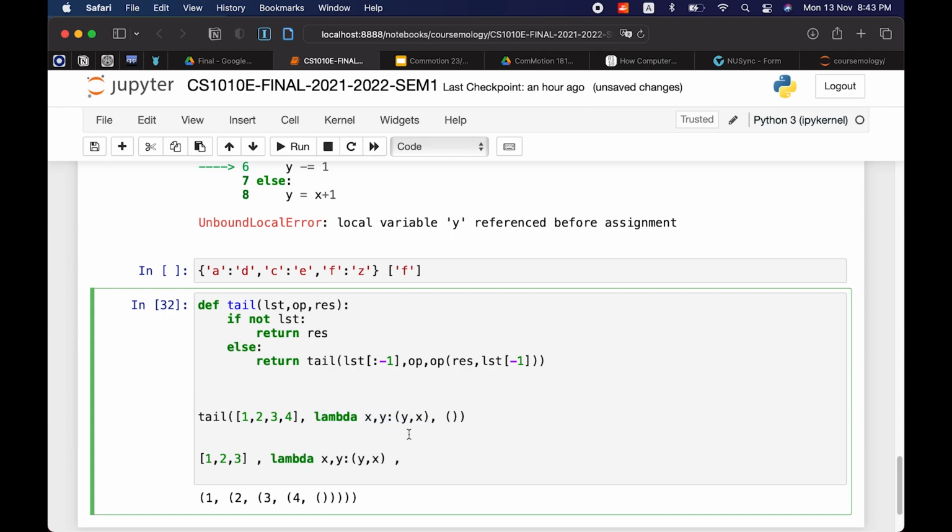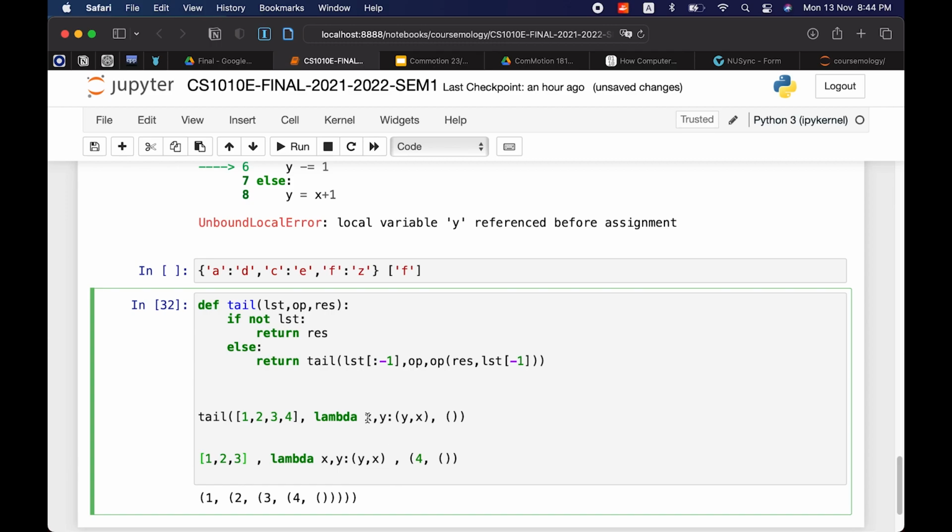Then in the next iteration, remember we had res and 4 here, but it switched. So now it's 4 and this. So this is res now. And then we do the same operation. Res is x. Y will be the new one. It will be 3, the new last element.